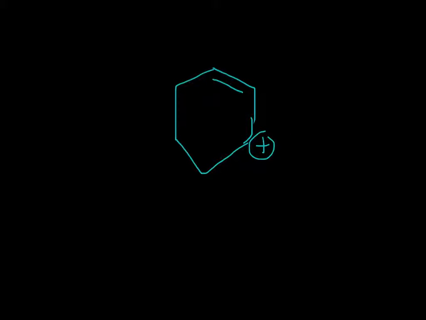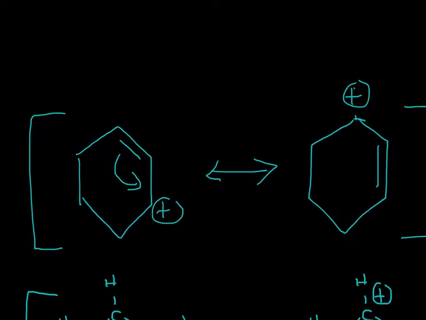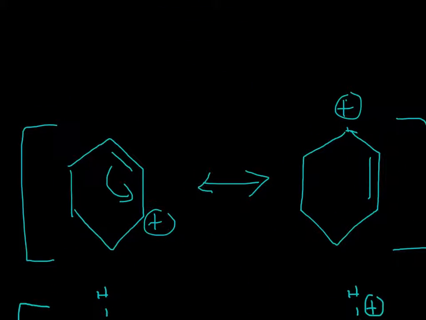So if we wanted to find the resonance structures of this compound, what would we do? So we can move this double bond right here and then get rid of that plus charge. And so a general trend is that whenever you see a plus charge and you see a double bond, you usually move that double bond towards that plus charge. And that's what I did. Right here, I moved that double bond here, therefore get rid of the plus charge, and then giving a plus